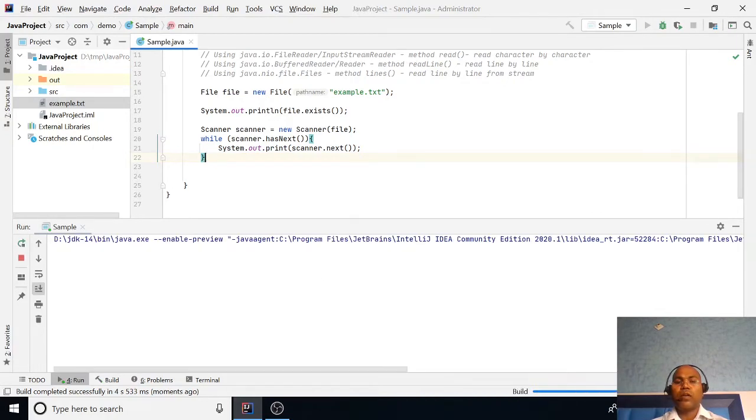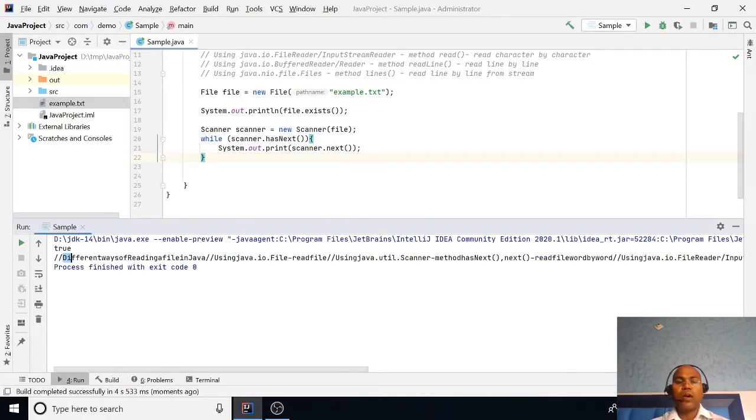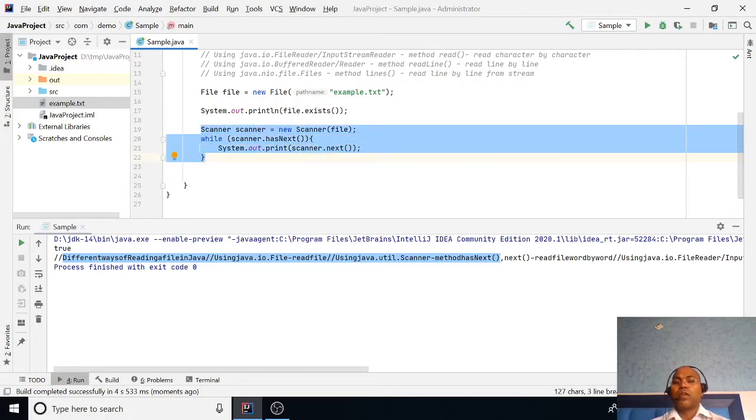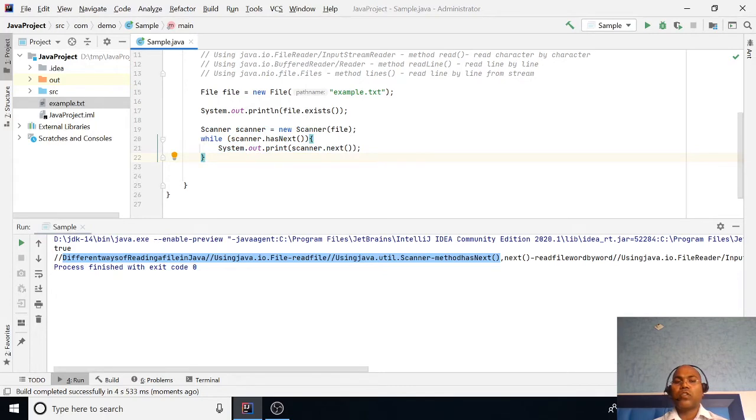The Scanner class prints all the words, but it does not consider your white space, your alignment, your new line. These characters are skipped by the Scanner class. Scanner just reads the content; it does not read alignment things like new line or space.